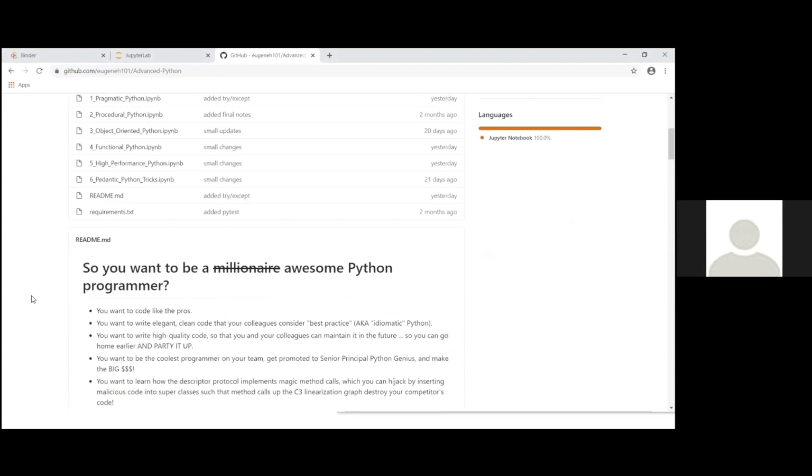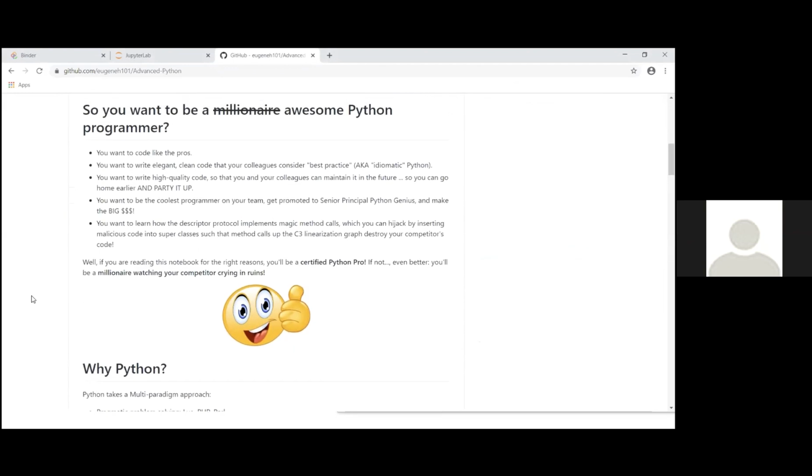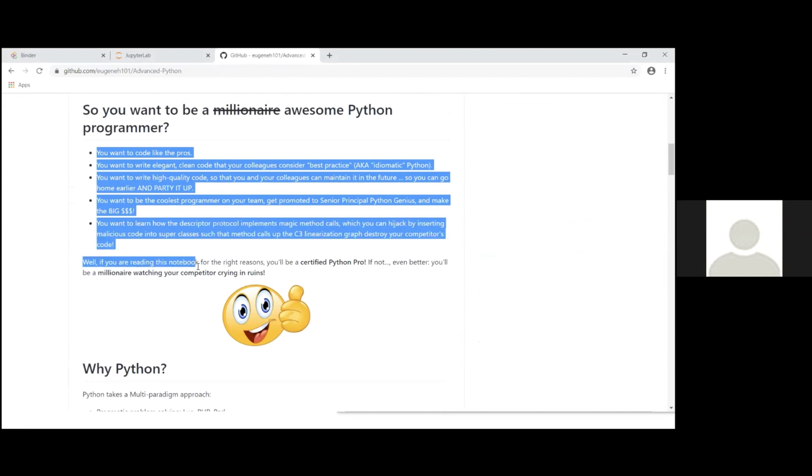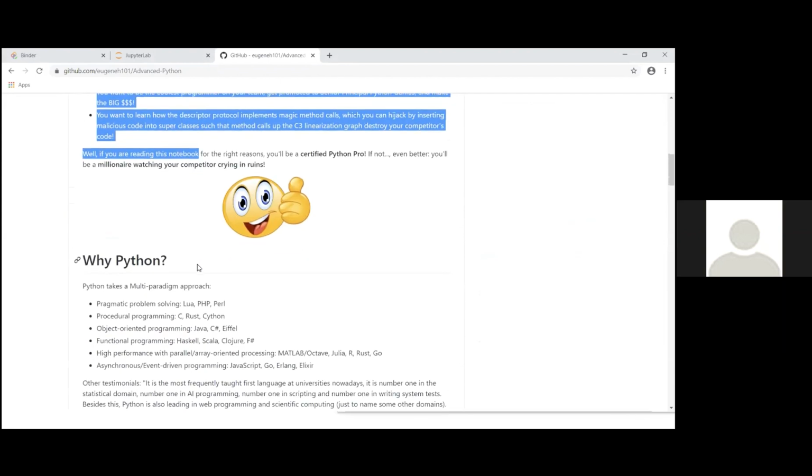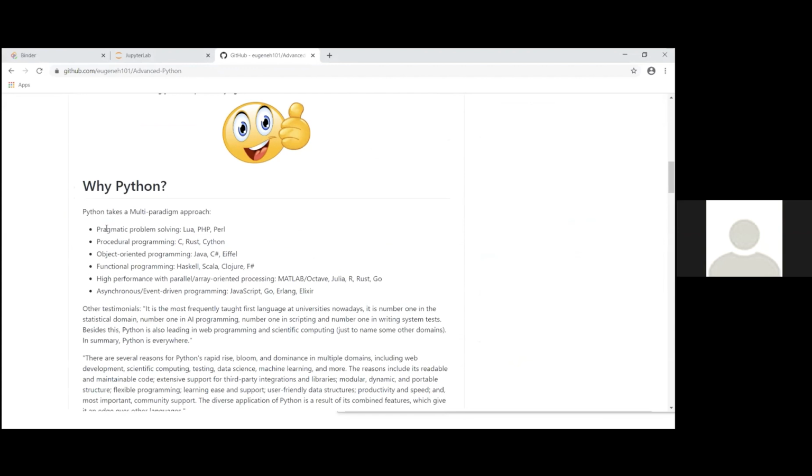So what we can go over today is that we could code like a pro. There could be many motivations for learning Python, but at a high level, Python offers multiple styles, the multi-paradigm approach. There's pragmatic Python, procedural Python, object-oriented Python, functional Python, high-performance Python, async I/O, event-driven, pedantic Python.